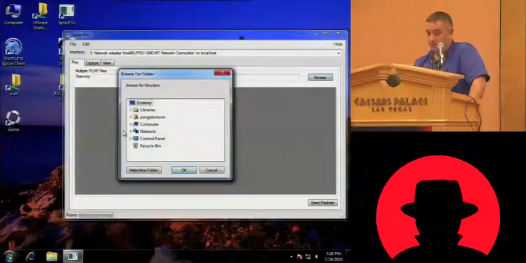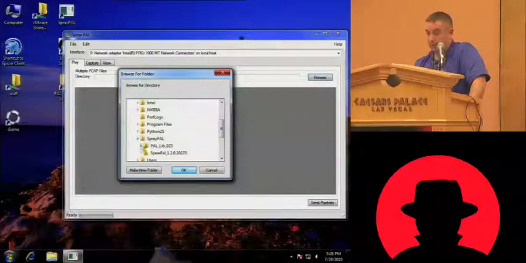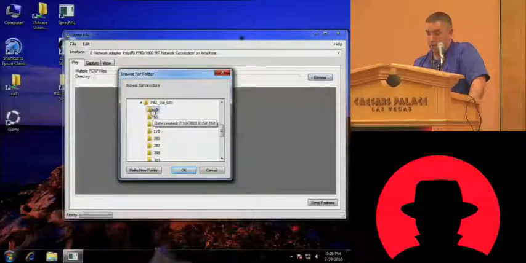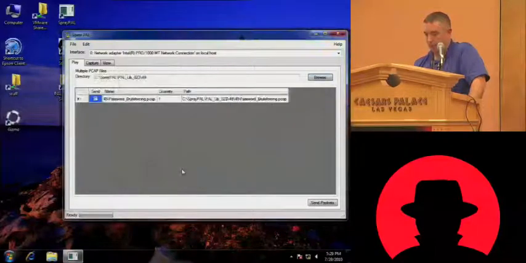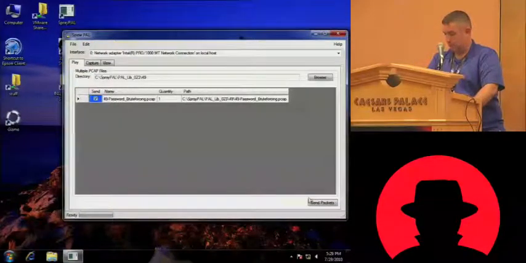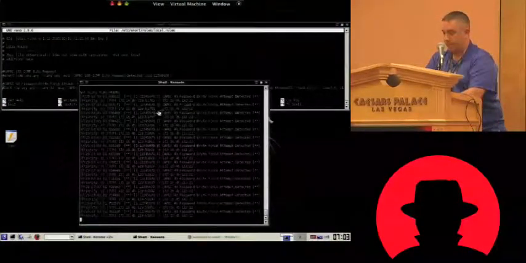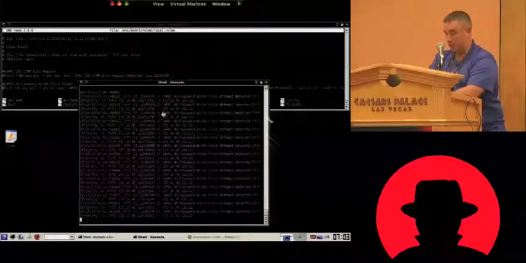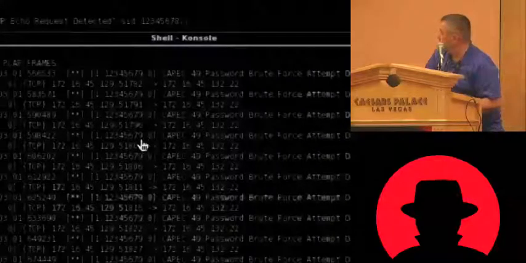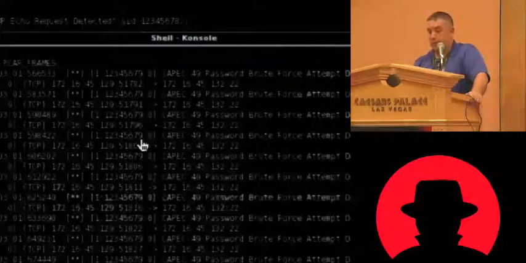We just go out, find the appropriate library, and I'll grab 49. That was the one that I have uncommented there. Say OK. It tells us the name of the CAPEC attack, and then we should be able to send the packets. And then here we have our rule fired. I'll try and zoom this in a little bit. I'm sure it's going to blow up, but yeah, that's horrible. But you can see a little bit, right? CAPEC attack pattern 49, brute force password attempted. So it's really